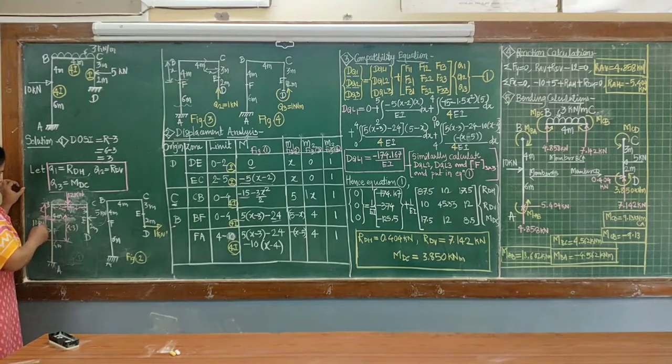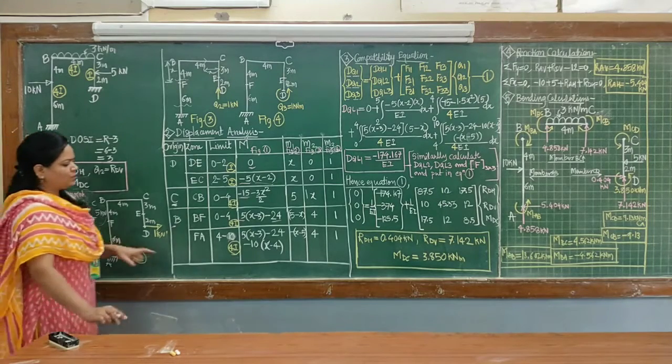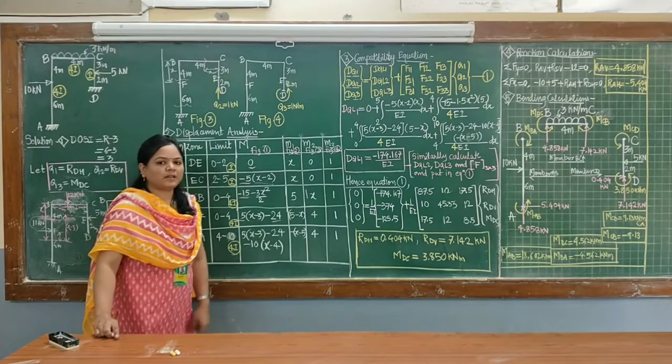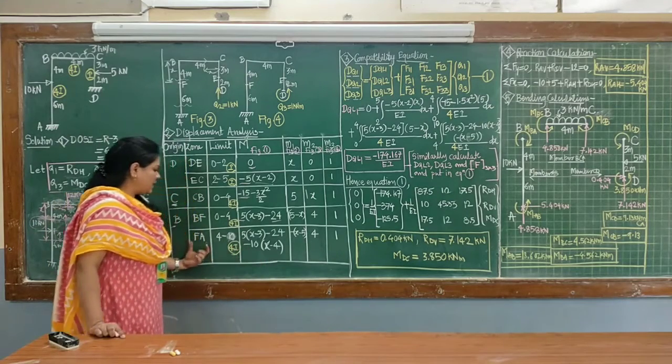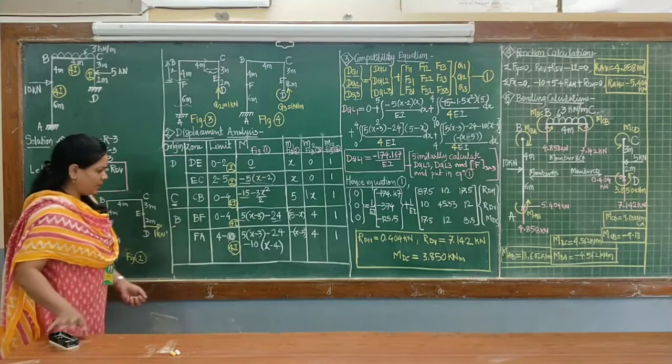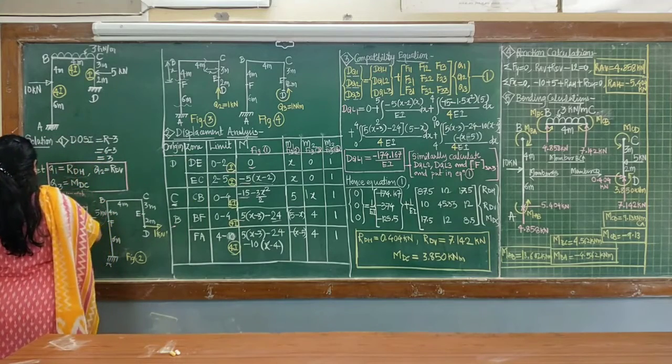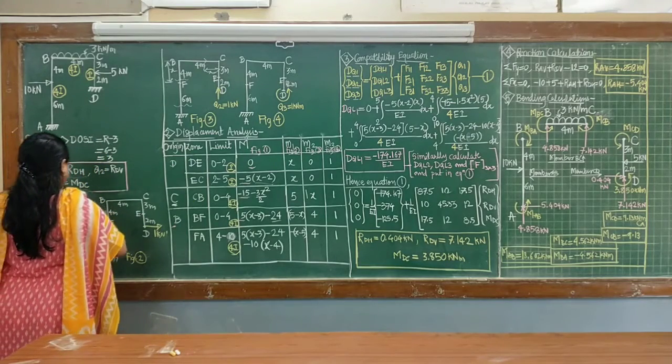And now this force is appearing in the FA zone. So the moment of this 10 about this point is in clockwise direction, therefore minus. And this is 10 into the perpendicular distance, which will be total x minus 4. So minus 10 into x minus 4. So that is the moment in this FA zone. Okay, so here the moment column M, related to figure 1, is completed.